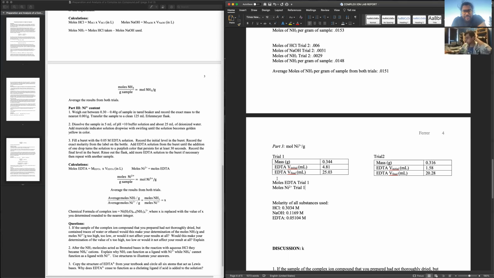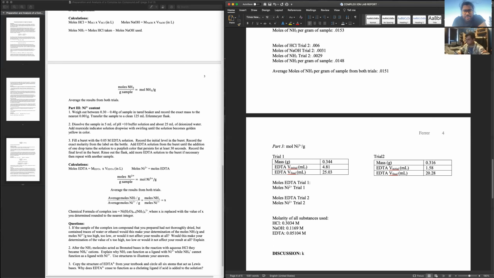Yeah, that'll be equivalent to the moles of EDTA. Okay. Well, I can explain that in the discussion, maybe. All right, so moles of EDTA trial 1. So what I do here is 25.03